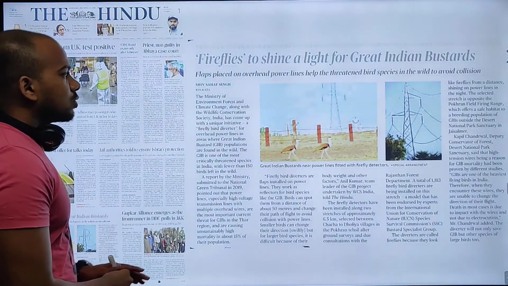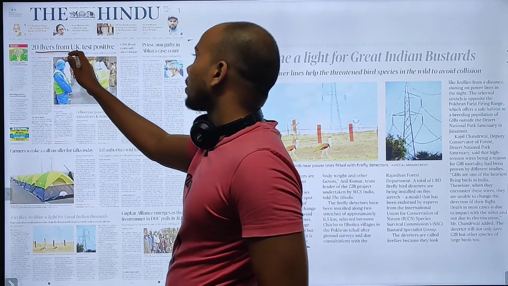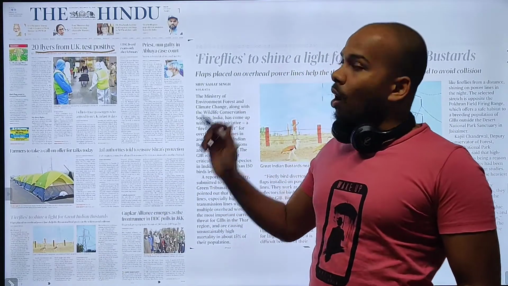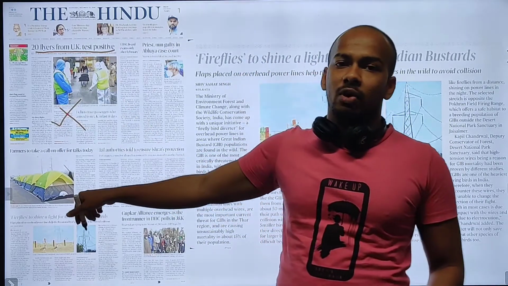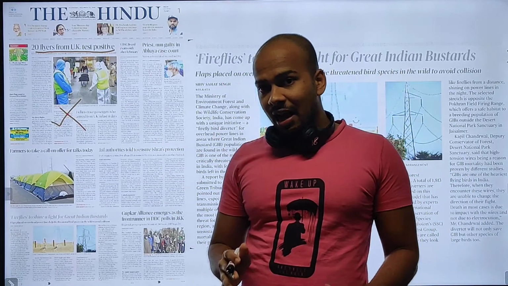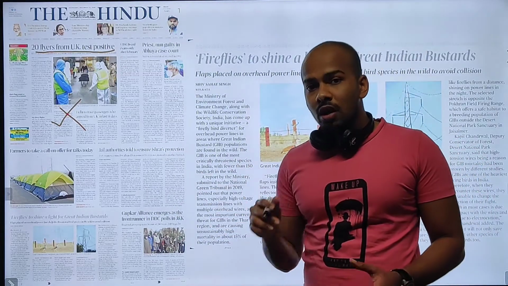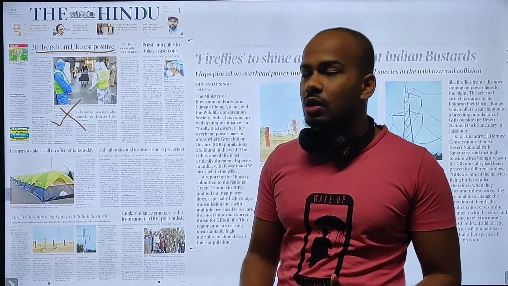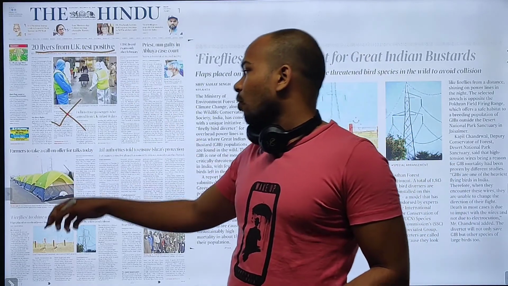So once you look at The Hindu newspaper, this is the first page. This is talking about 20 flyers from UK testing positive. This is regarding the new variant of COVID-19 which has emerged in the UK, and you need to know about that, but this is just an update of that news. So in that case, this is not important. But if you are a beginner and you know nothing about the new variant of coronavirus, then you need to search and get to know those facts. You have to do some research on Google, but otherwise, if you have been tracking it, this won't be very important.